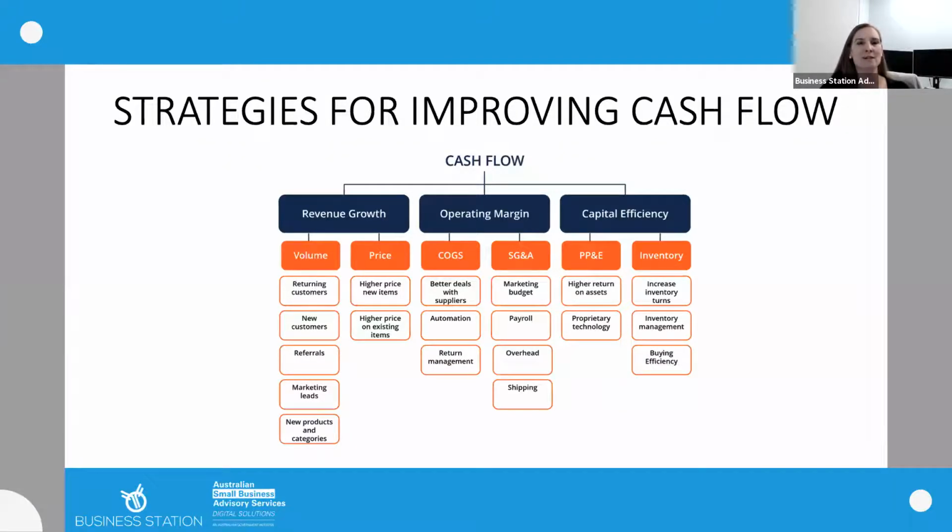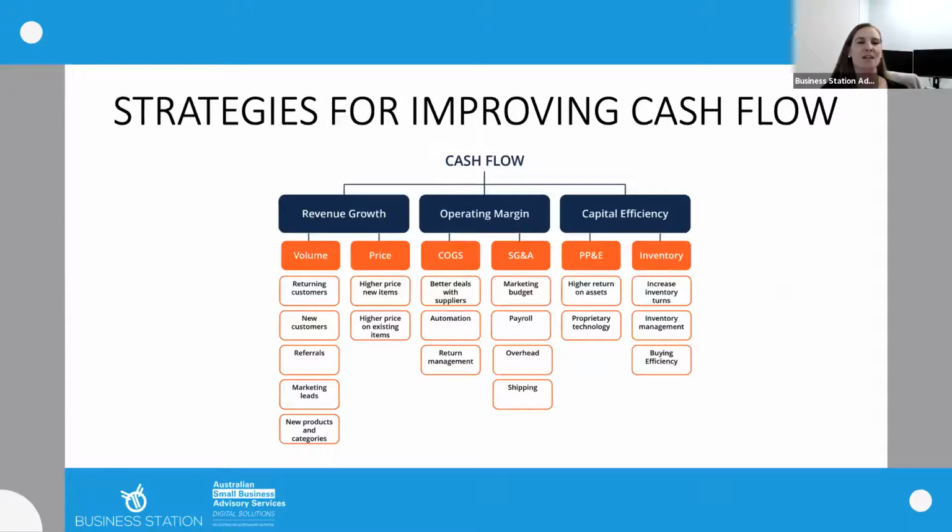So we're going to look at some of the key areas within these three main pillars, but it's definitely worth looking at all areas of your cash flow, obviously looking at what's relevant to your specific business. So if it's something that we don't get to today and we don't go through, make sure that you do consider absolutely all areas of your business in terms of how you can improve cash flow within that specific area. Now, I believe that a lot of what we're talking about here today really comes down to marketing, and it's strategic marketing. But first, you need to understand your position to be able to improve your marketing and subsequently improve your cash flow.